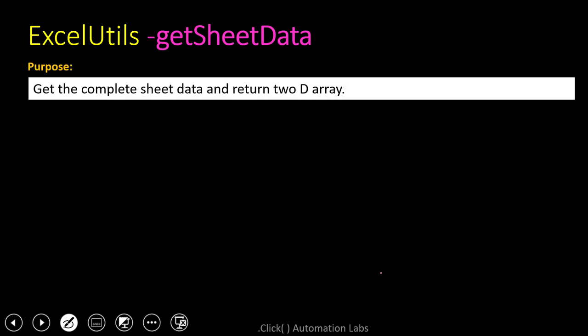So this is one of the important utilities where you can read the entire sheet data and return it as a two-dimensional array. This would be very useful if you want to execute your test with multiple sets of data, a kind of data-driven approach. If you are well versed with the data provider annotation, where you mention a data provider method, and in that method you use this particular utility and read the data using this method, then it will return a two-dimensional array,